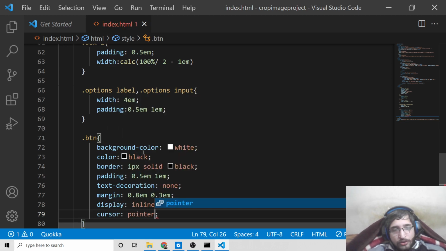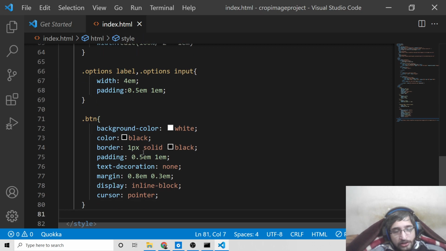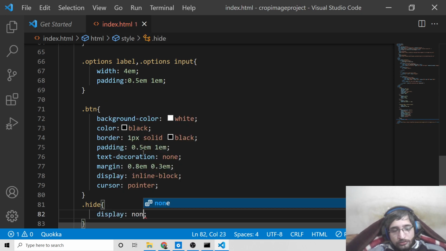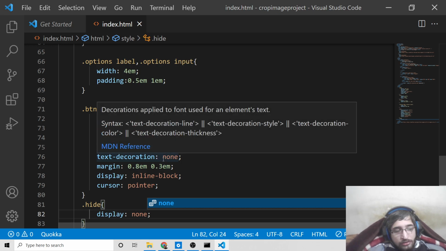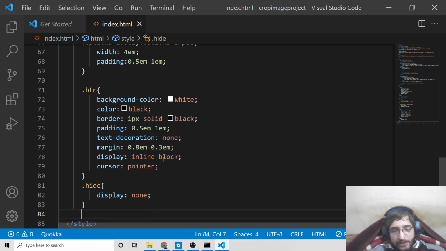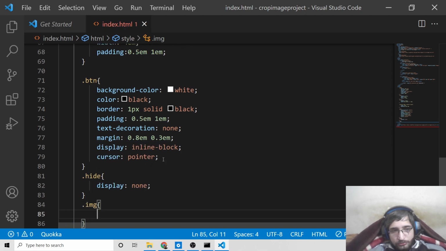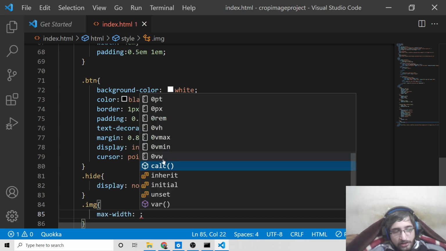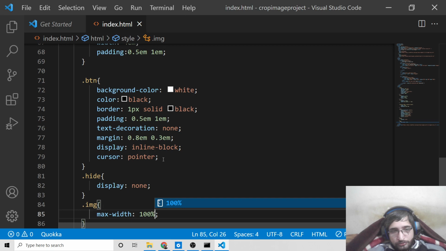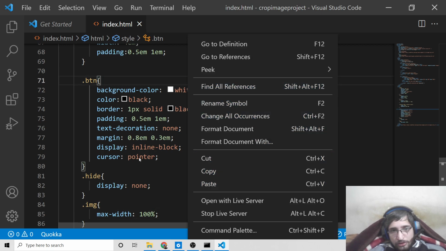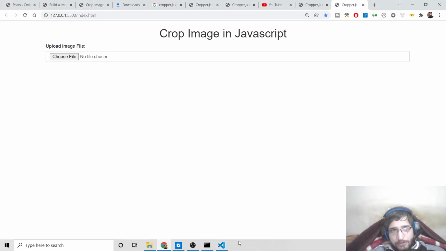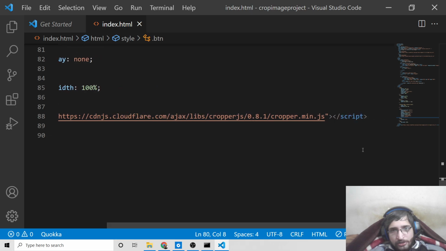So whenever we hover onto the button, this will change to a pointer. And then we will change the height class we have given to it. And this will be display none. That's it. And lastly, we will target the image element. And we will set the max-width property to 100%. And this is all the CSS that we want, guys. So you will not see anything here apart from this input field. So now we simply need to write